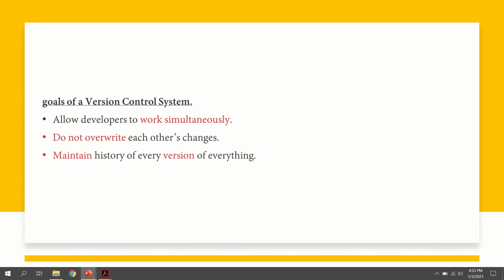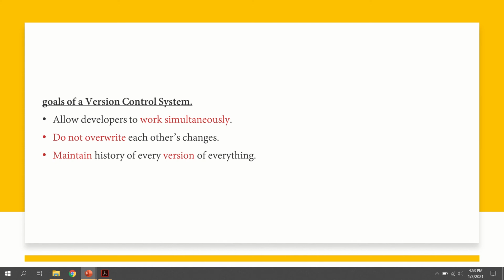So the version control system allows each and every person to work simultaneously. Suppose 10 persons are there in the team. Each person can do their work independently. There is no problem for that. So that is one advantage.